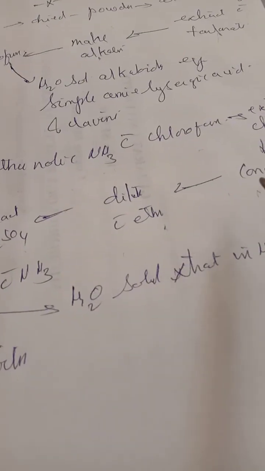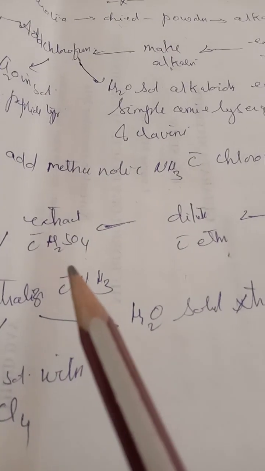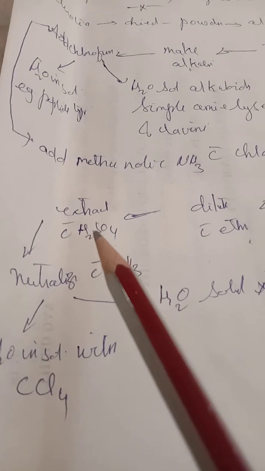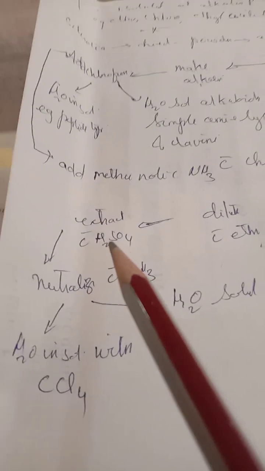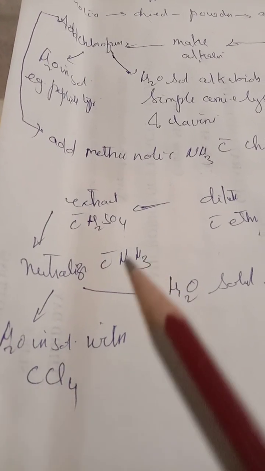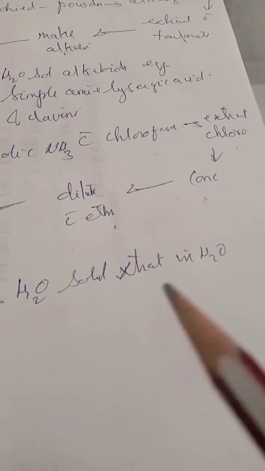So whatever alkaloids you have in chloroform will be extracted into sulfuric acid. This sulfuric acid extract having alkaloids is neutralized using ammonia. Now the water soluble extract will be present in water, and